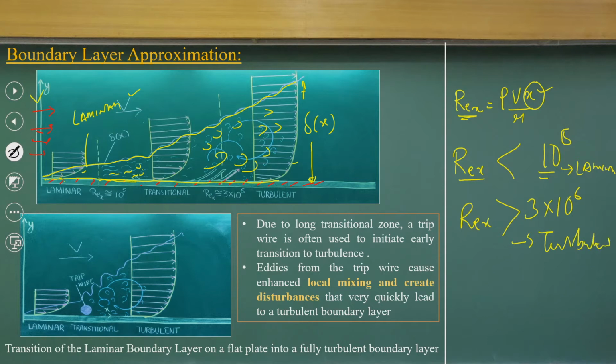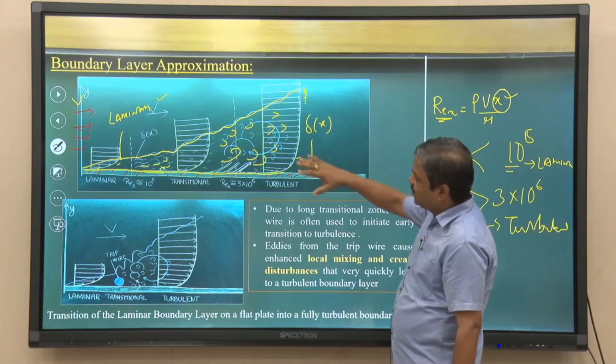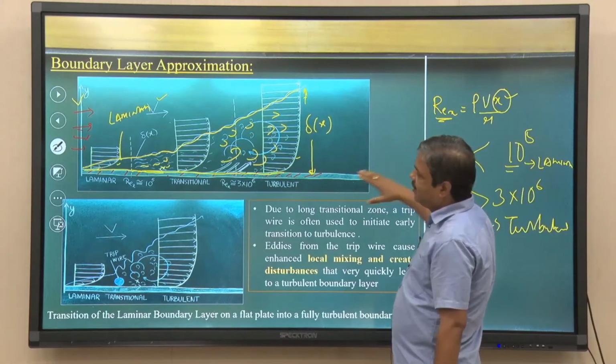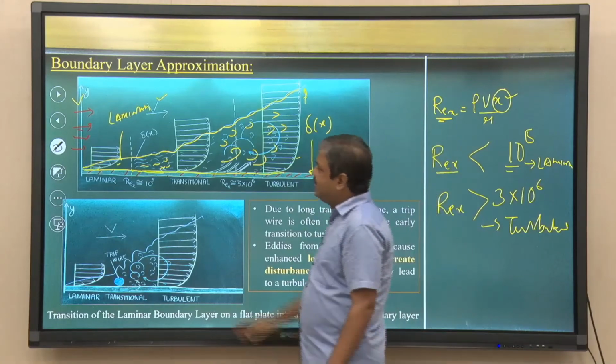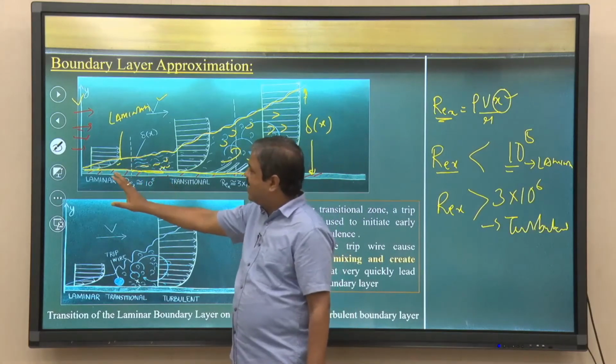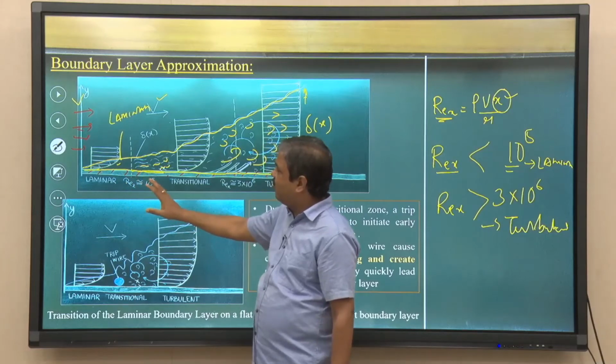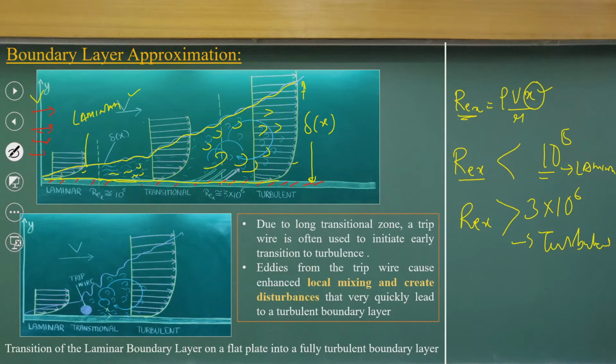What I am emphasizing is that you try to understand that when the flow goes through a flat plate, at the very leading edge you will have laminar flow. As soon as the Reynolds number reaches 10 to the power 5, the flow changes from laminar to transitional, where there will be laminar characteristics as well as the characteristics of turbulence as we discussed in pipe flow. Then you will have the turbulent flow, as we can see, which happens after the Reynolds number is more than that,